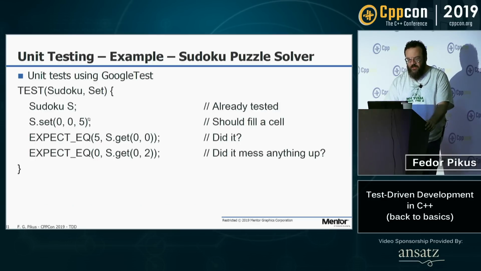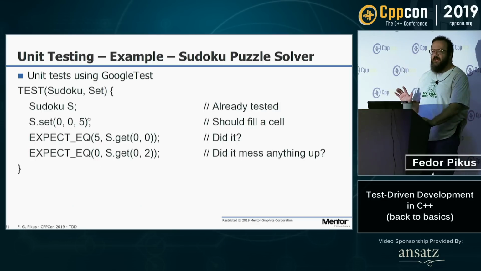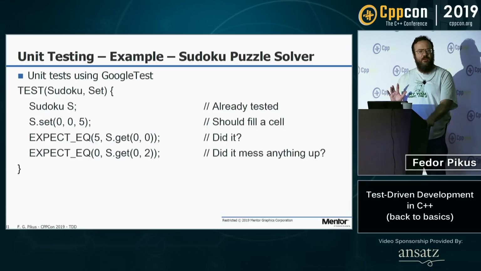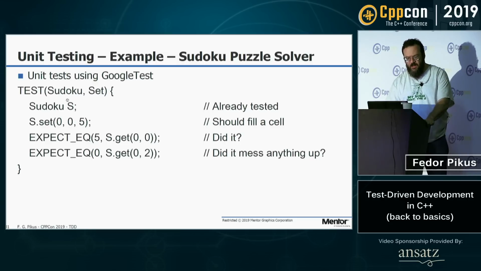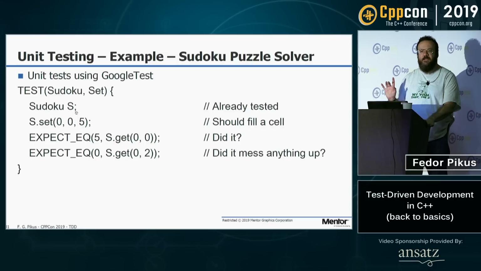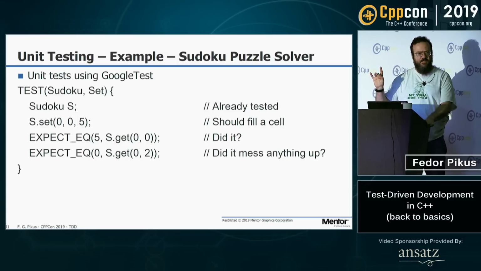Okay, you build up unit tests. The one important thing about unit tests, you build up the next test on top of the previous one. So here is the next test. I construct it, and I'm going to test that I can set a number in the cell. The important part here, I don't test that what I constructed is still empty. I trust my previous unit test.